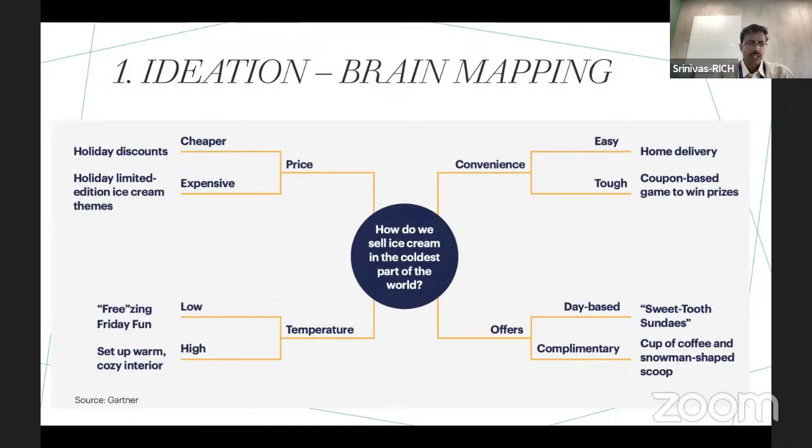Now we have to do, whether you say research or you have to do some brainstorming around it. And the brain mapping exercise, there are multiple teams which have breakout sessions, and they come out with ideas. So one may say price, the other may say, okay, when I say price, you could go by offering discounts. You could offer a limited edition versions which are more premium, right? You could also look at playing and gamifying the temperature aspect. That is, you just launch a campaign saying freezing fun days, right?